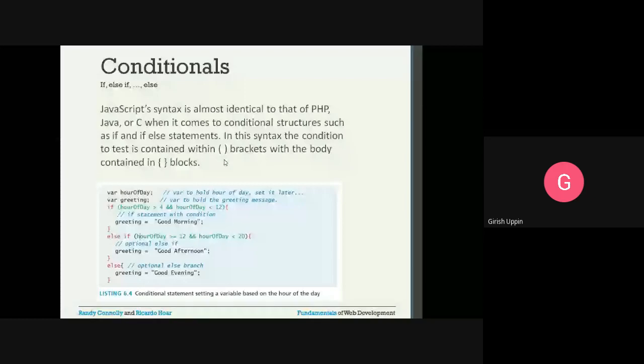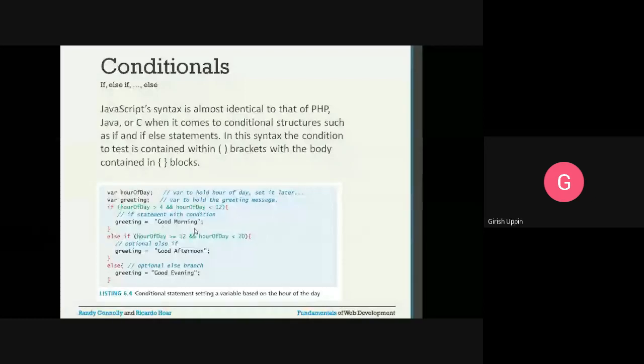We have a variable declared here. The name of the variable is hourOfDay. One more variable declared, greeting. If hourOfDay is greater than 4 and hourOfDay is less than 12, then greeting is equal to good morning.